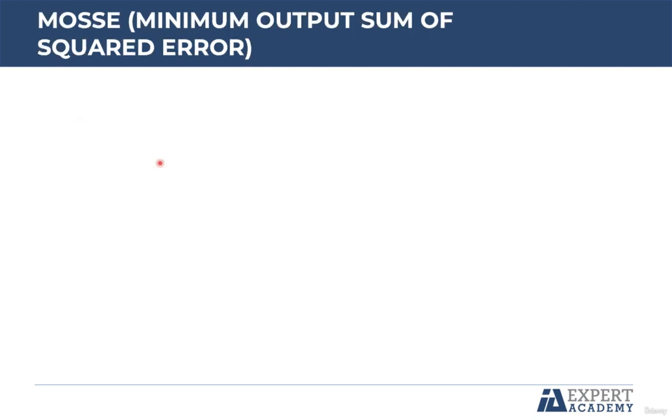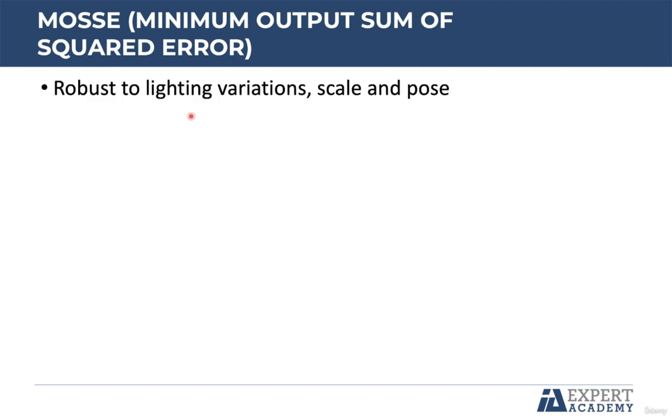The next algorithm is MOSSE, Minimum Output Sum of Squared Error, which is one of the fastest but not so accurate. It's a good option if you need tracking speed and don't care so much about quality. The algorithm is robust to lighting variations. For example, if the light is on in the first frames and the light is off in the others. It's robust to scale. If the object is near or far from the camera,